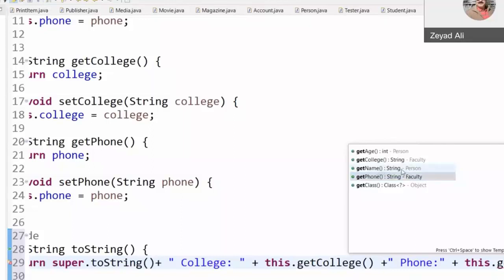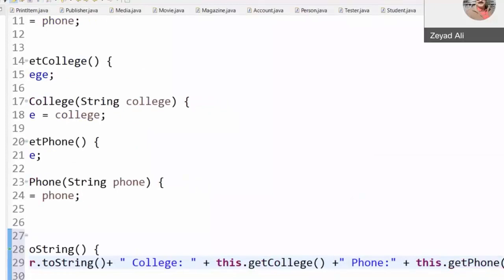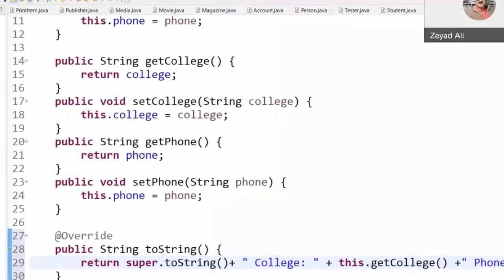Get name is inherited from the person class. Get college is available in the faculty class. Get age is inherited from the person class. So you have all the methods in the superclass available to you.